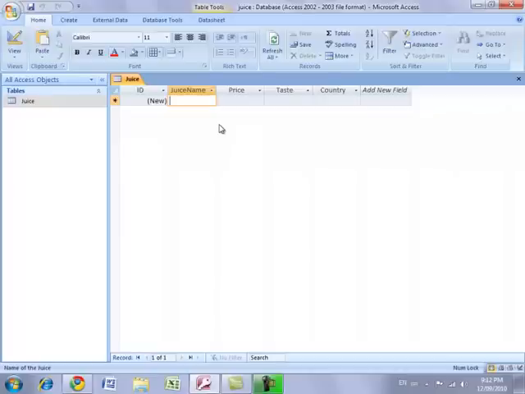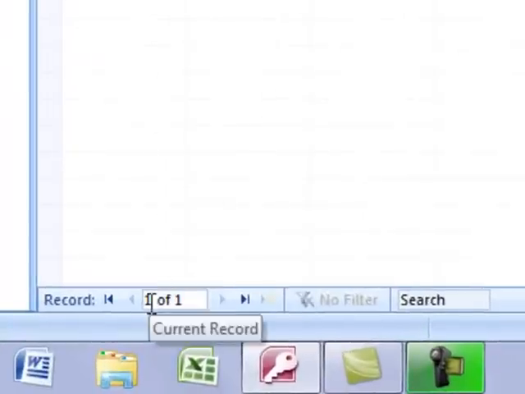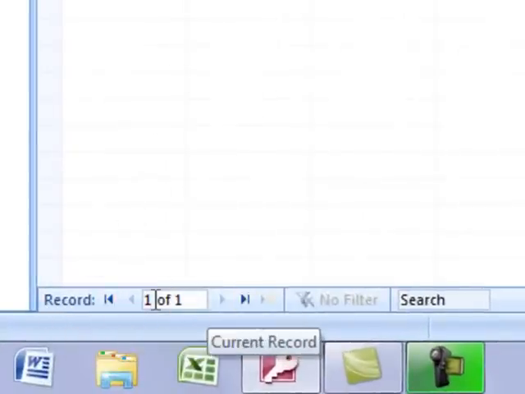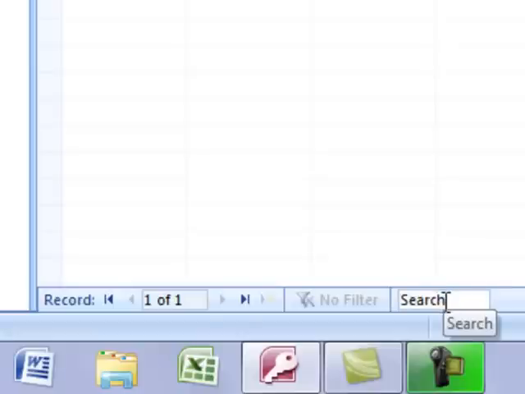And another thing I wanted to point out here, underneath the juice table, you can see where it says the word record, and there's some arrows, and it says record 1 of 1, which is the current record, and I can move to the next record and the last record, and there's also the ability to search, but we won't really be needing to search for anything